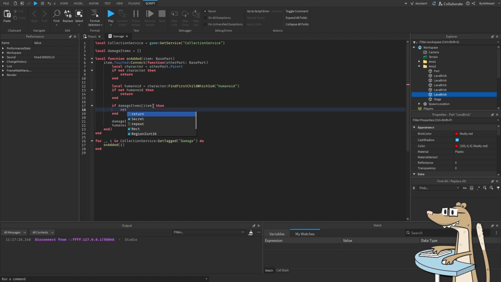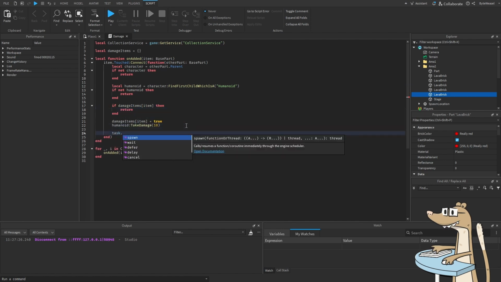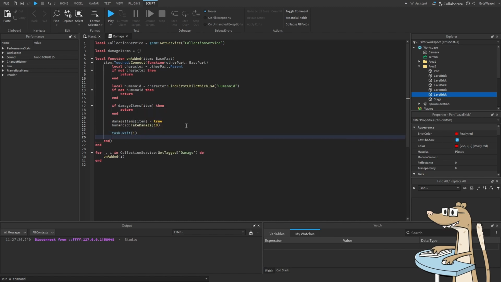Then return early. Otherwise, we'll set it to true. Then we'll wait a little bit, so maybe wait 1 second. Then we'll set it back to false. And that's a debounce. So what's happening here is basically we're finding the character, the humanoid, making sure all that's